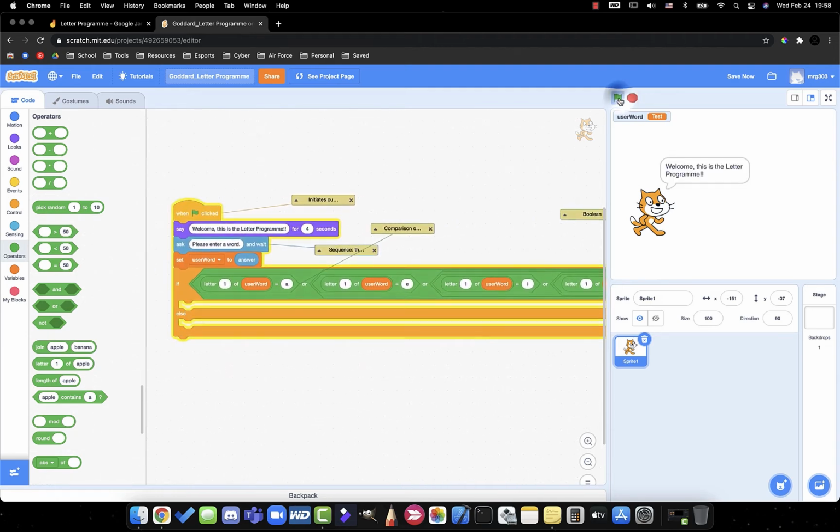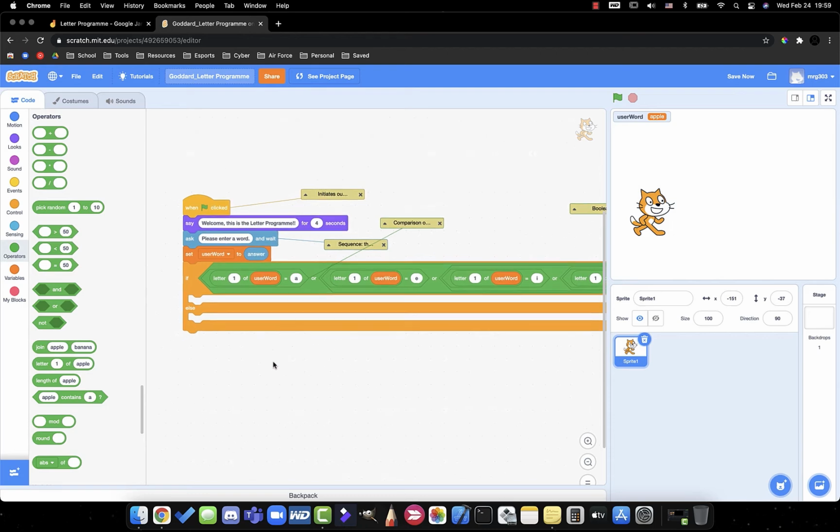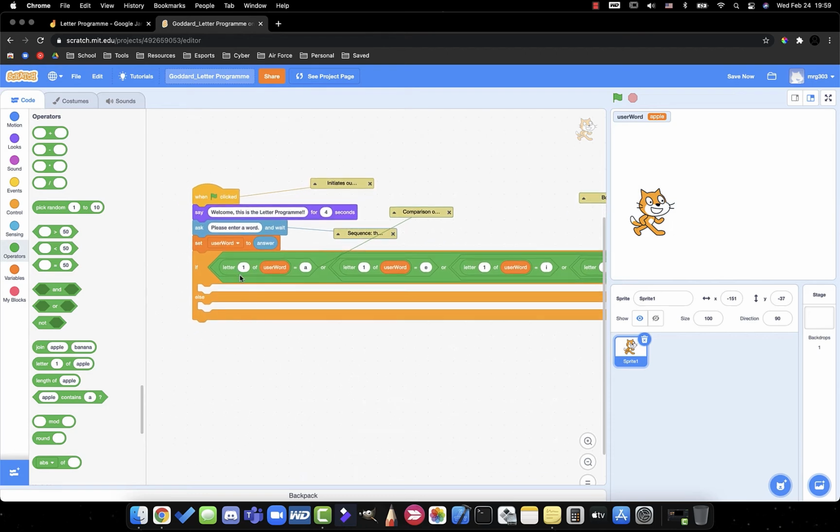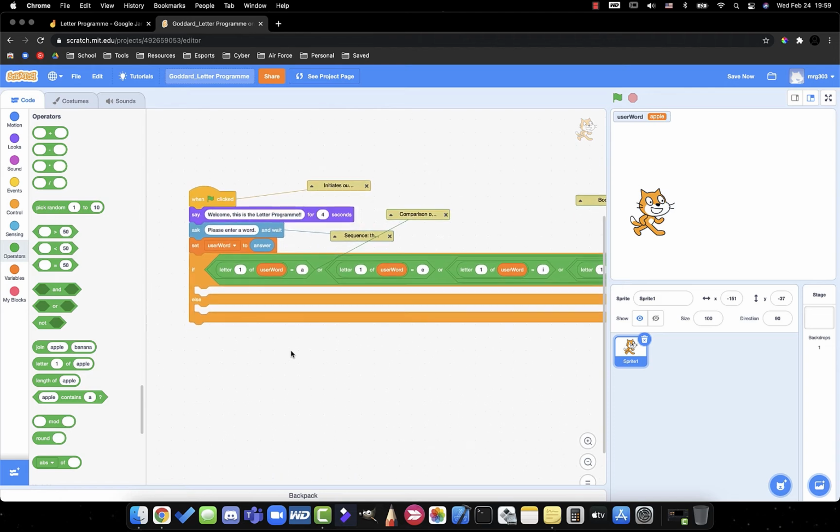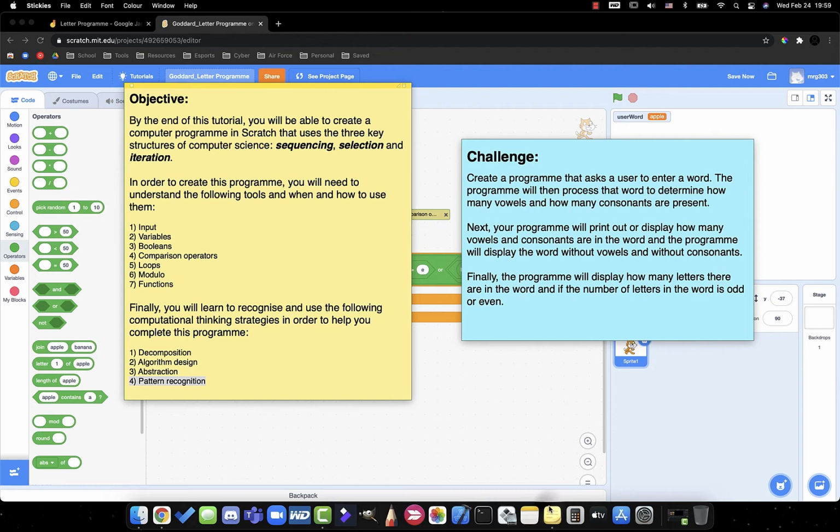If I run my code, I'm guessing nothing's going to happen because I haven't told it to do anything yet. So if I enter a word, I'll just say apple. Okay, the user word gets updated. I have an apple. Apple is saved as the user word variable, but nothing's happening. I haven't told it what to do yet. So I want to say if the first letter of a user word is a vowel, what do I want to do to it? Well, if I go back to my challenge,